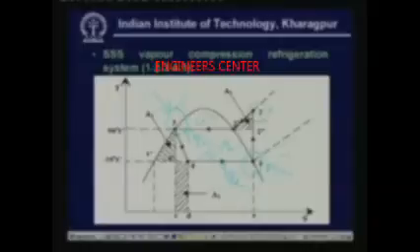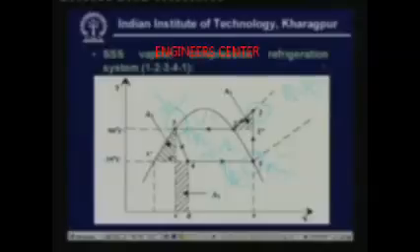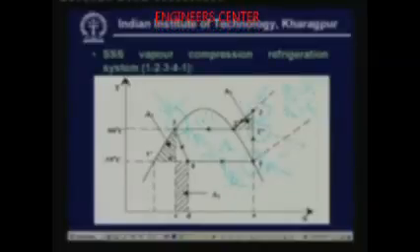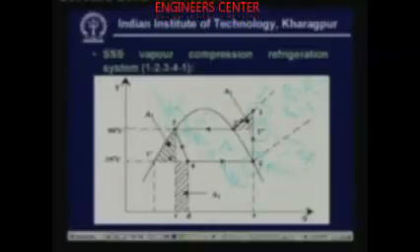And point 2, at this point we know the pressure, okay, pressure is equal to condenser pressure. So, we can find out this, and we also know that this is an isentropic process. So, S2 is equal to S1. Okay. So, we know completely about point 2. So, you can find out the rest of the properties. And point 2 double dash, you can see that this has a temperature same as the condensing temperature. That means T2 double dash is equal to 50 degree centigrade, that is known, and we also know that S2 double